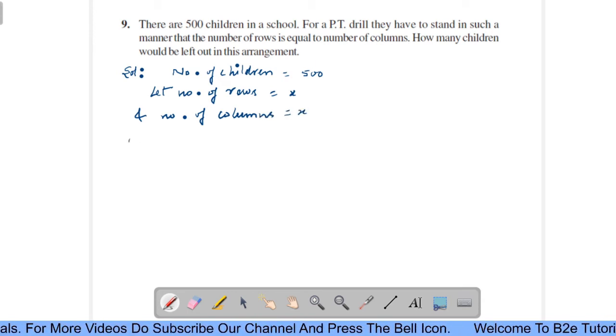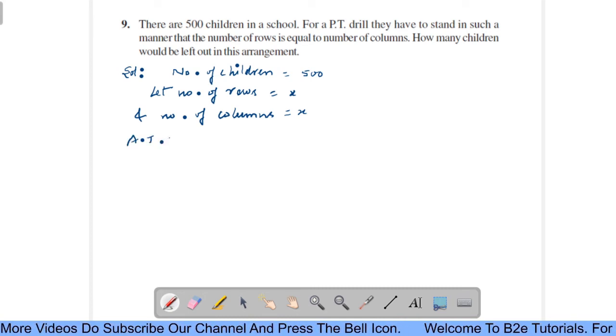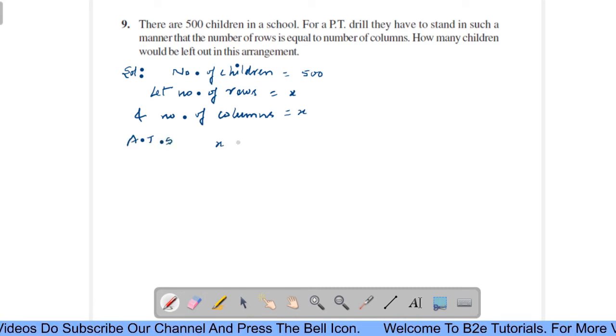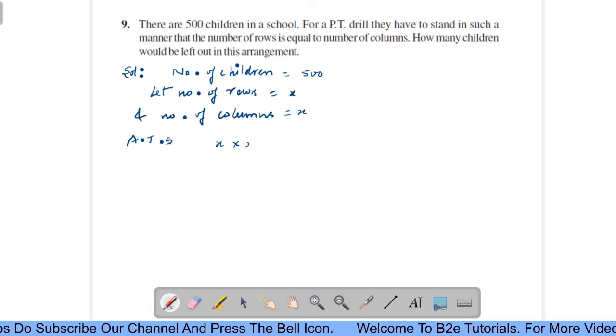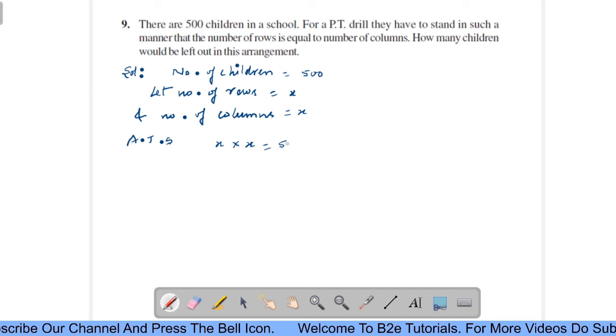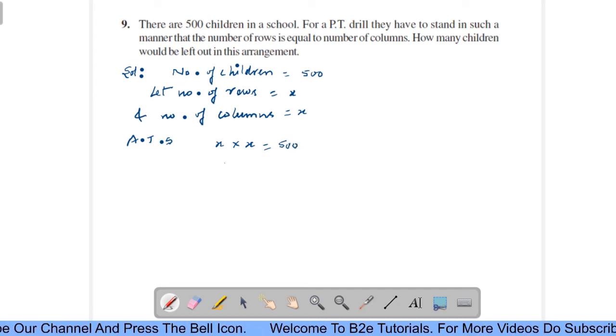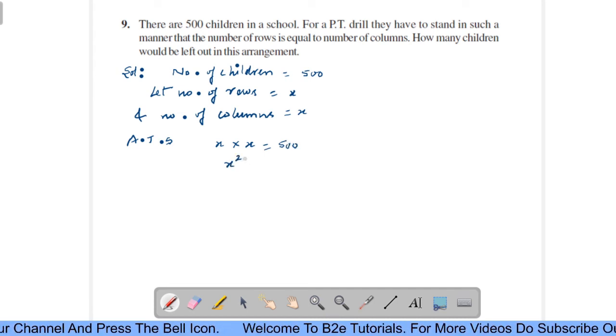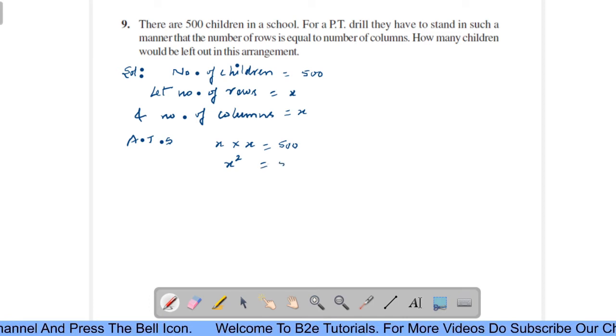According to the statement, x into x equals 500, or x square equals 500,